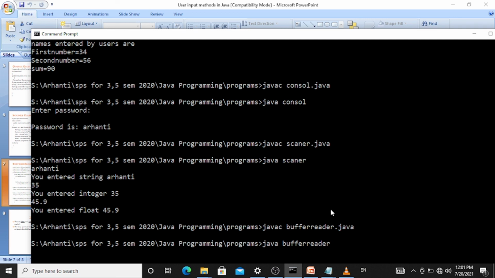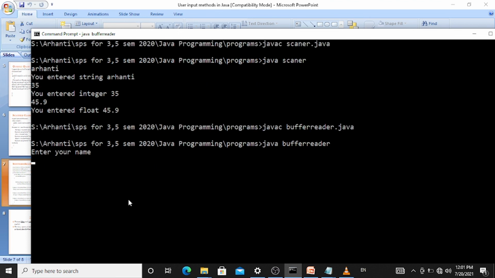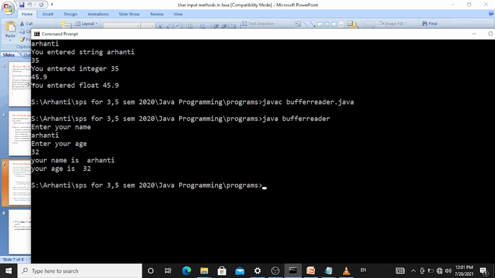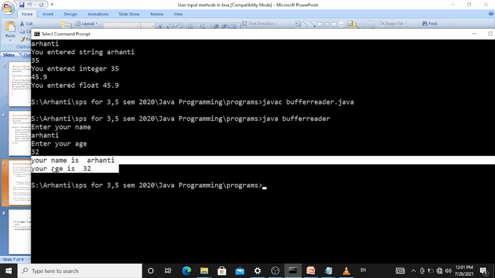Let's pass the argument here. Enter your name, so I will enter my name, enter your age, so I will enter my age, and then it is printed here. So your name is Arhanti, which was entered by me. Your age is 32, which was again entered by me.